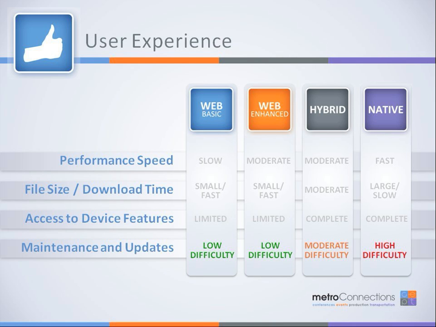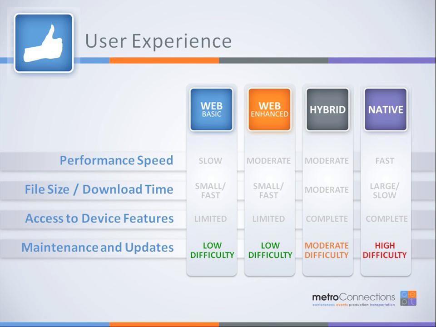And actually, this rolls right into the maintenance and update. Sure. So if there's a change in agenda or something like that, correct me if I'm wrong on this, Brad, but you're going to be able to push those out very easily to a native app, hybrid app, web, all of them basically. But if there is a change in features, that's going to be the big one. So if there's a change in the features, or if you add a functionality to the app, that is going to trigger the update from the App Store.